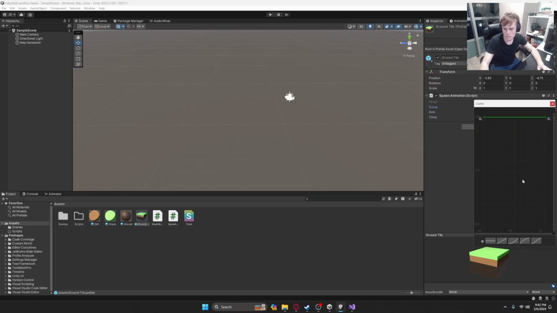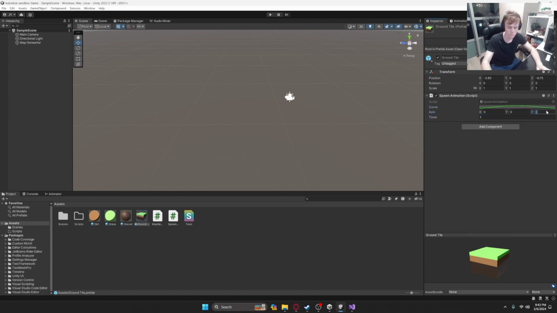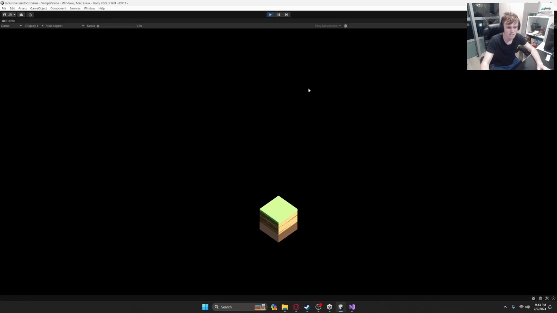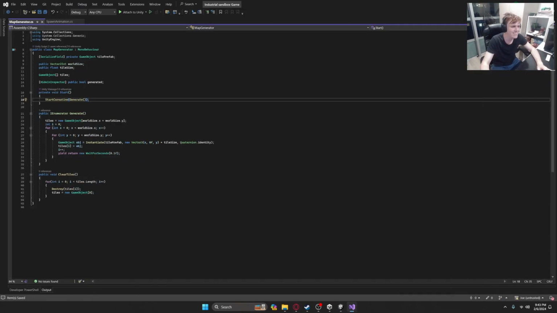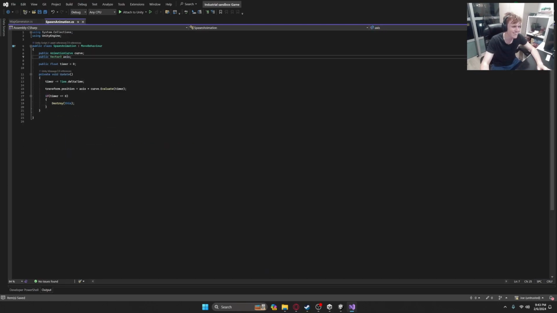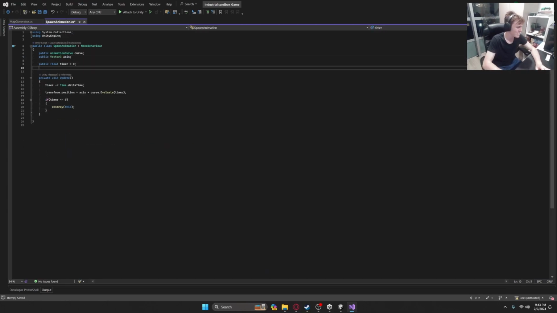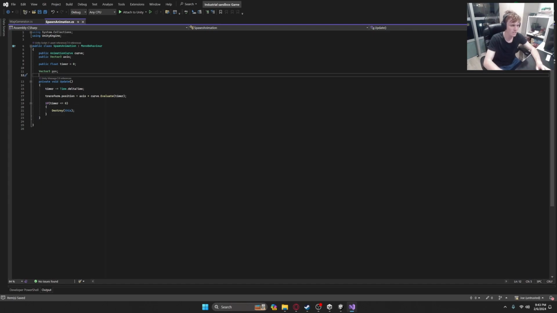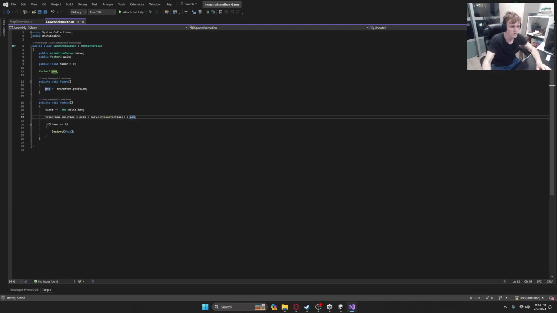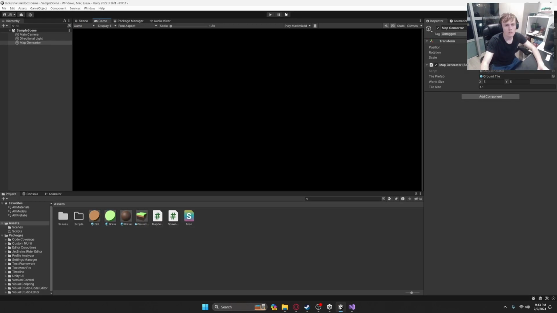So we want something that starts at 0, and then you pull this up, we get this kind of dip, and then we want it only on the y-axis. Okay, let's see how this goes. To fix this issue that the code had, all we needed to do is just add the tile's original position, and it would be working fine. I got to store the original position. Hey, it looks like it's working though. Let's just add the position afterwards. So if we play,